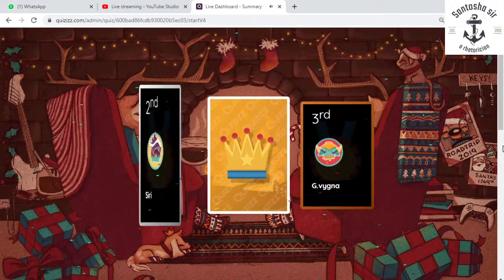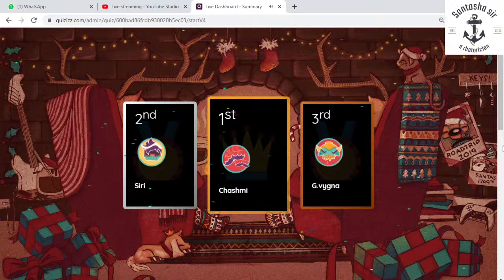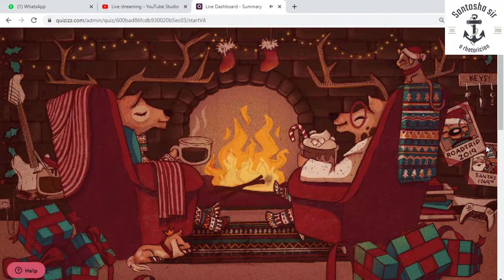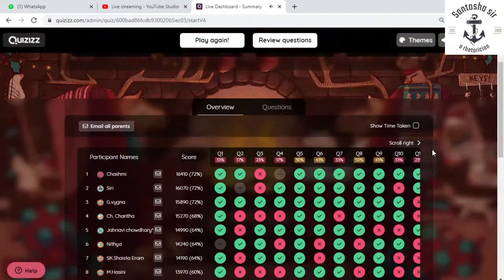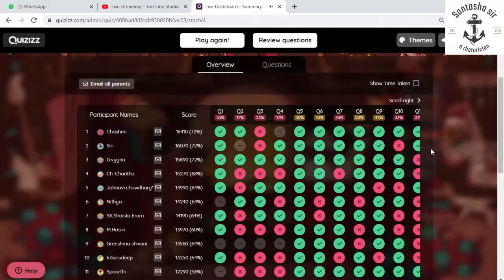So we have Vaignya on third position, Siri on second position, Cheshmi on first position. Congratulations, and I appreciate time and effort of each and every participant. And if you would like to have individual scores, you